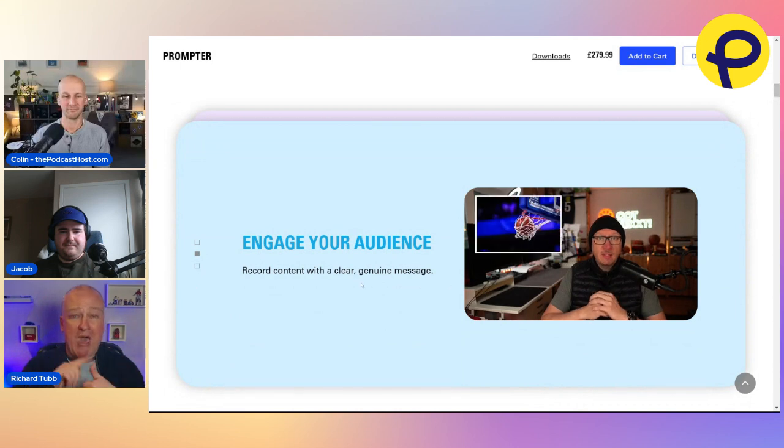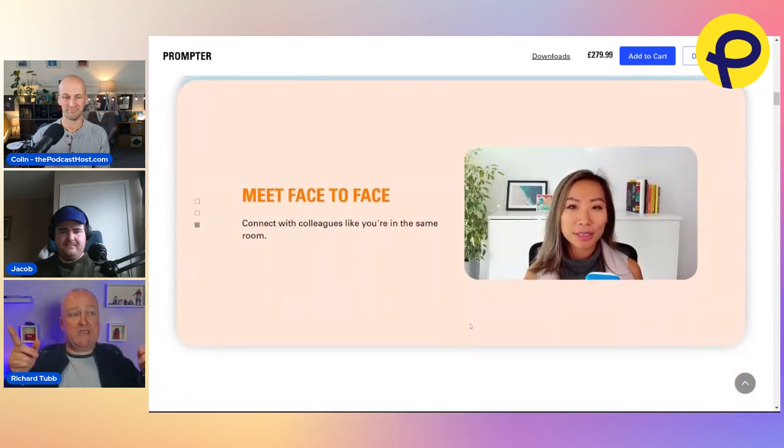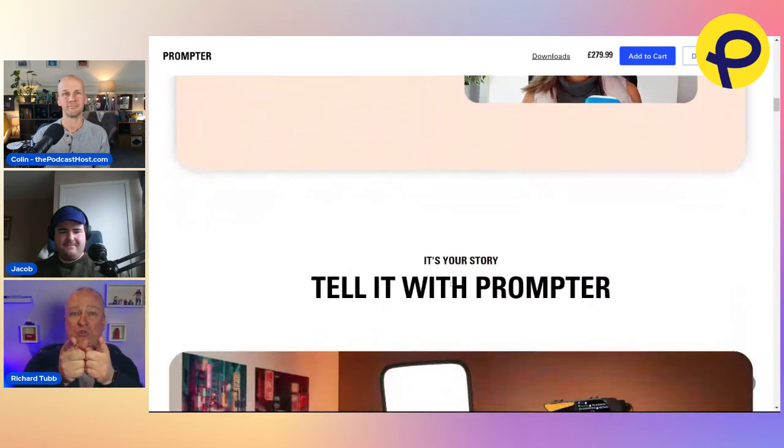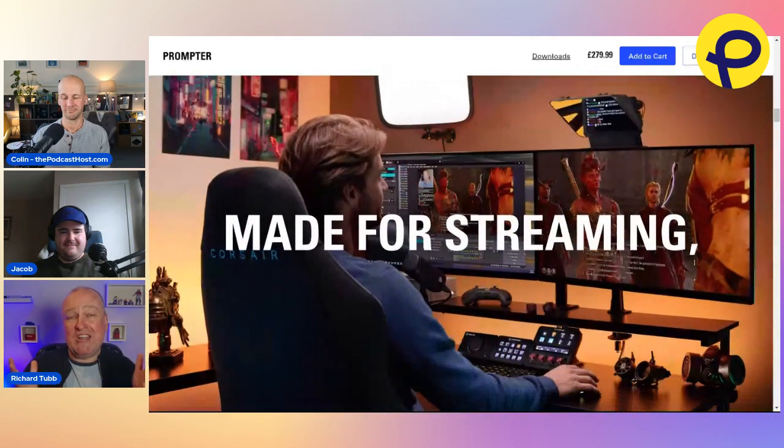The Elgato teleprompter, the one I'm looking at right now, it's an all-in-one unit, and it just comes with a power cable and a USB cable that goes into your computer. You can't see it here, but I've got a monitor this side, a monitor that side, and the teleprompter in the middle. The great thing about it is, obviously, you can use it as a teleprompter to help you stay on track with what you need to say, and it's brilliant at doing that.